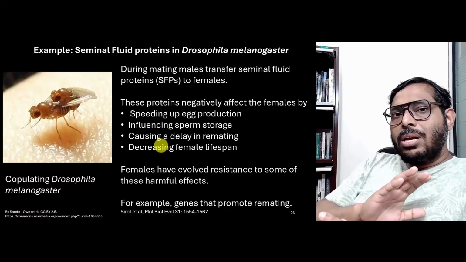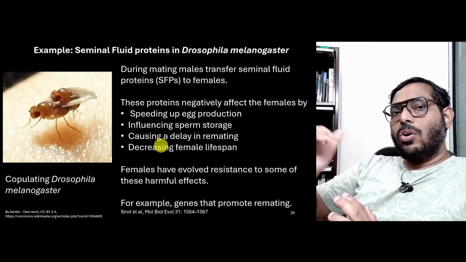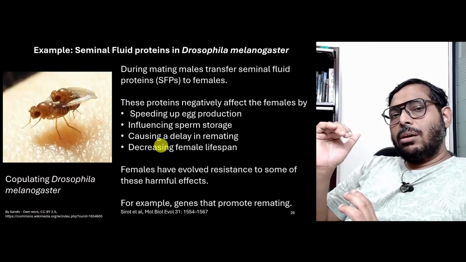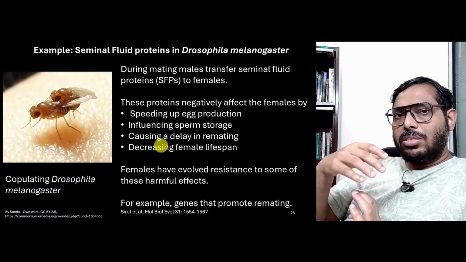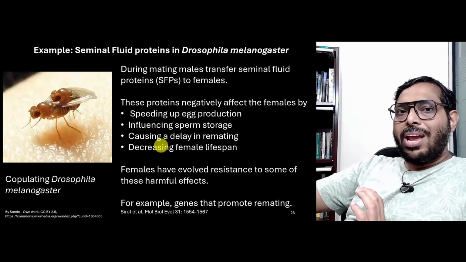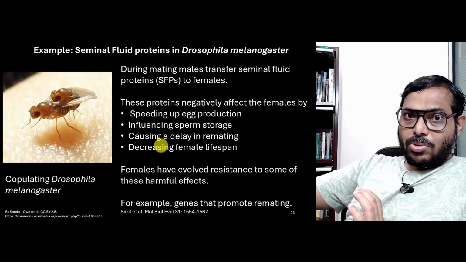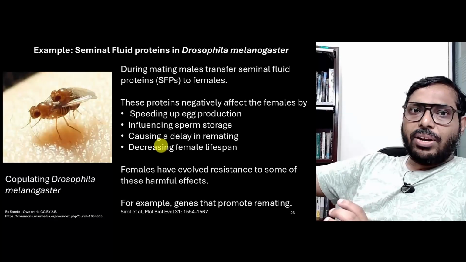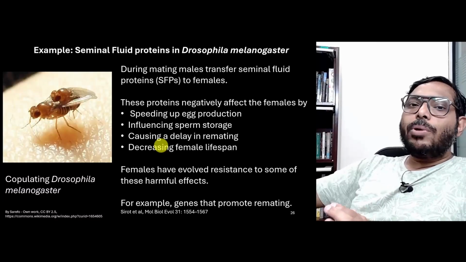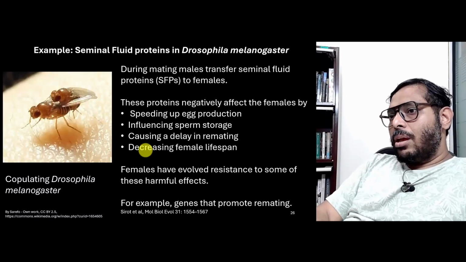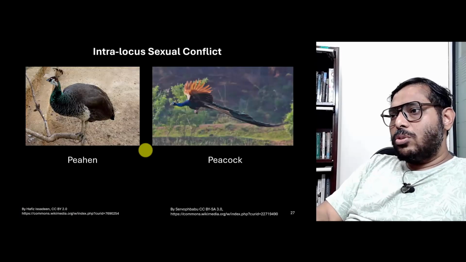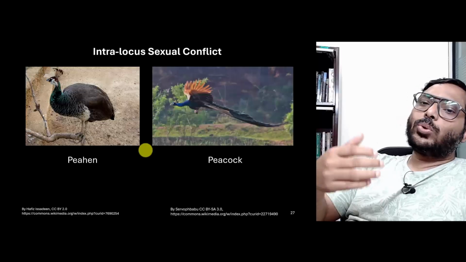So, this is about interlocus sexual conflict, where the conflict is happening, but what the male is doing and what the female is doing, these are being controlled by different traits. Okay, and because they are being controlled by different traits, the assumption is that they are being controlled by different loci in the individuals. Contrast this with what is known as intralocus sexual conflict.